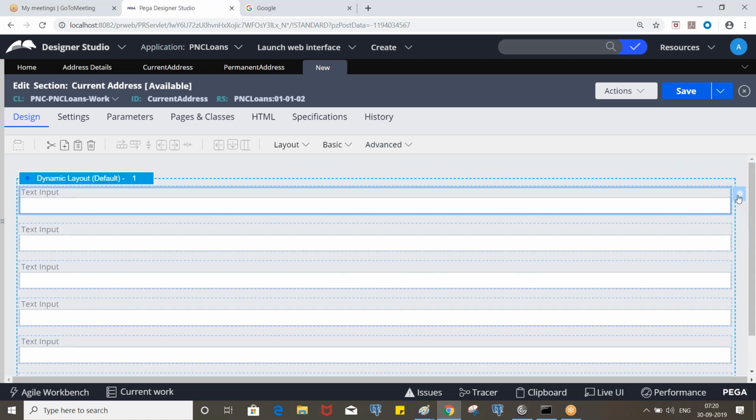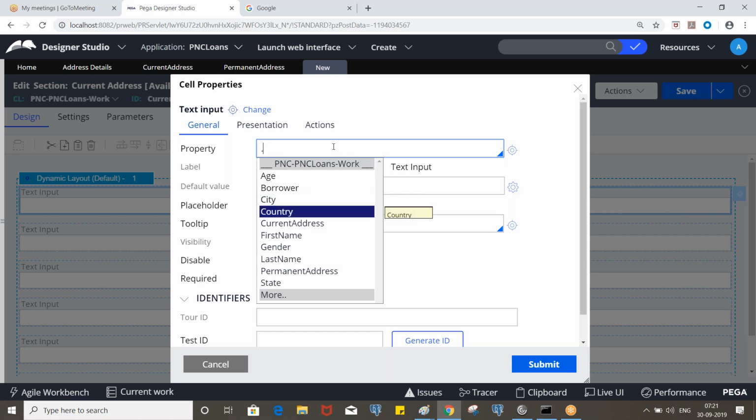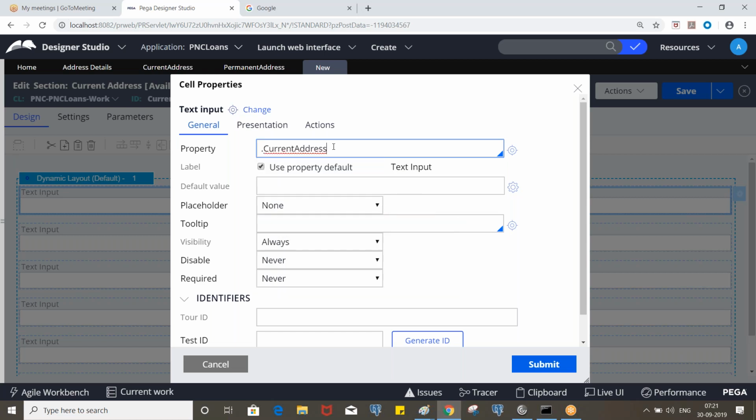Right. So go to the cell properties and invoke the property. We can also drag and drop the properties, right? Yes. Let's say current address dot address line 1. Okay, so now take this one.